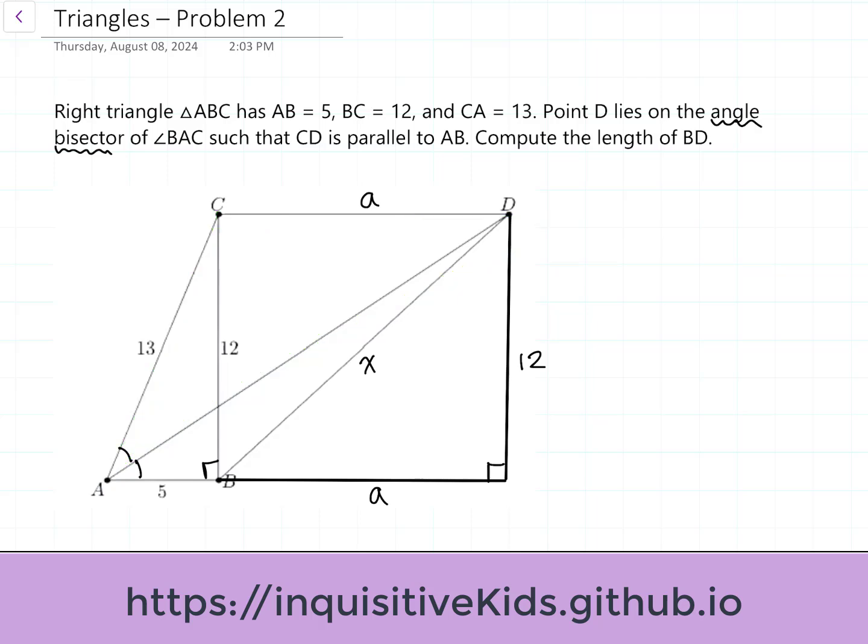And what is interesting about this triangle? Well, first we know that, let's call this point E, quadrilateral BCDE is a rectangle. So if we know that this is a rectangle, it means that opposite sides must be parallel. So CD is parallel to BE or AE. And using our alternate interior angle theorem, alternate interior angles,